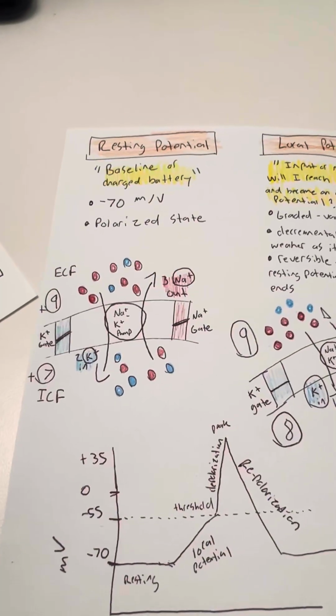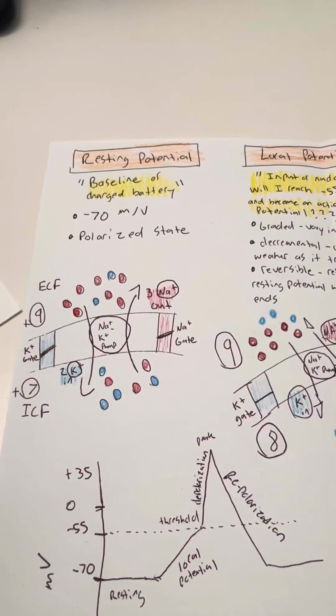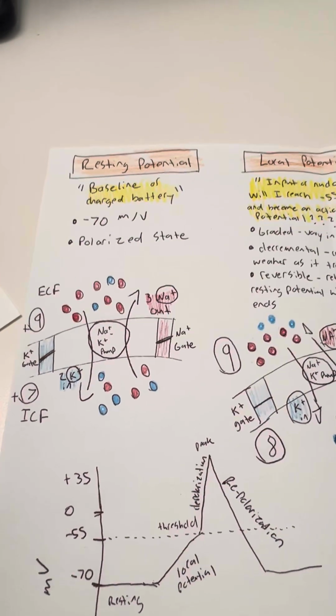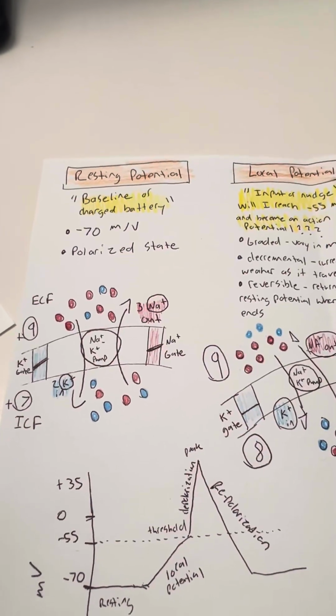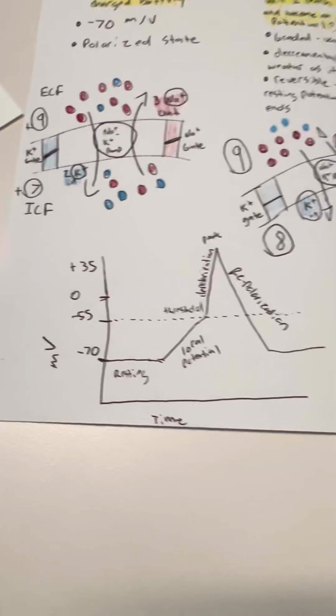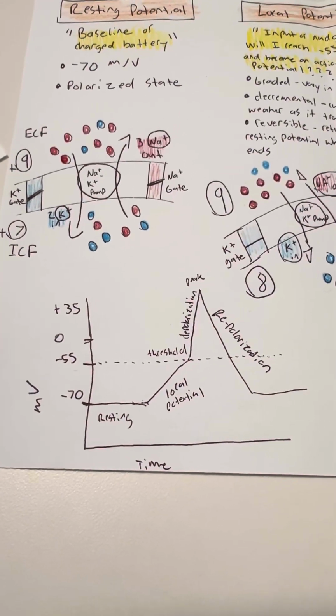So you'll eventually get back to the state that we originally started at, where there was a higher concentration of positive ions on the outside of the cell versus the inside of the cell, and get back to that negative 70 millivolts. And in terms of what that looks like end to end from a millivolt standpoint,